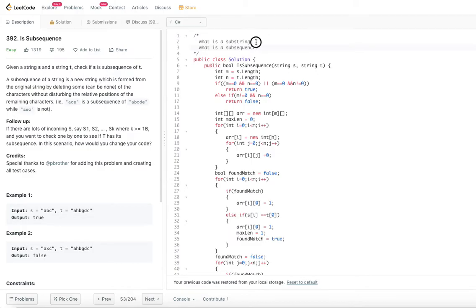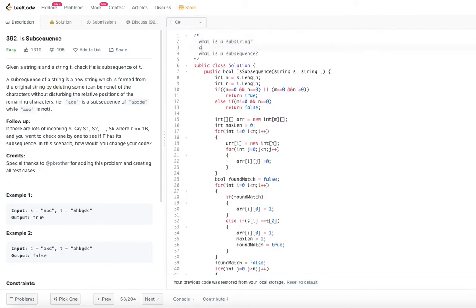When you say substring, let's say ABC is s, and t is equal to ABCDEF. In that case we will call s a substring of t, because you can find the same ABC in the string t as well.